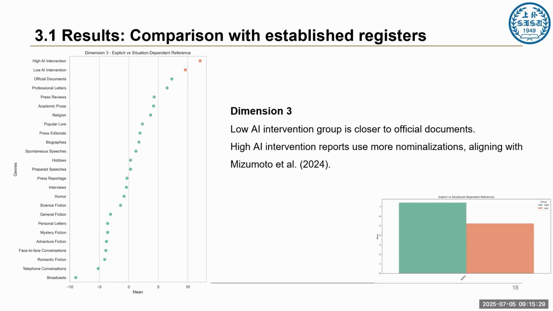The last part is the comparison with established registers from Biber. So the orange dots represent our group in this study. This is the low AI intervention, this is the high intervention, and the green dots represent the Biber registers. This figure shows the positional relation among these registers. So we can see here the low intervention is closer to official documents,